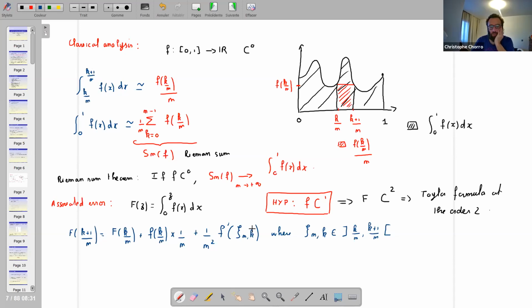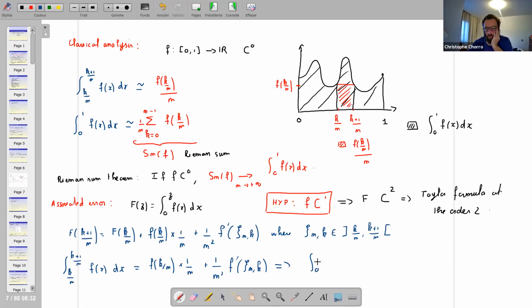So I obtain that the integral between k over n and k plus 1 over n of f of x dx is equal to simply f of k over n multiplied by 1 over n, plus 1 over n squared f prime of c n k. And if I sum all these terms,